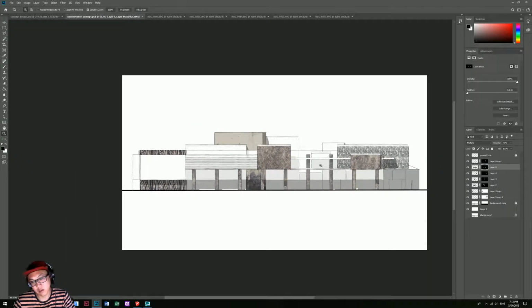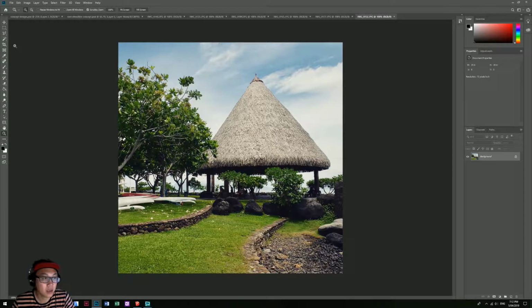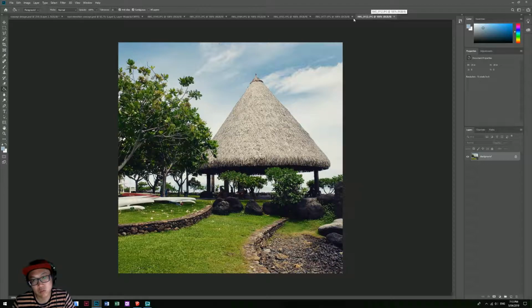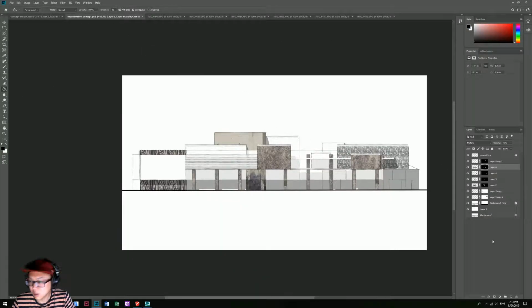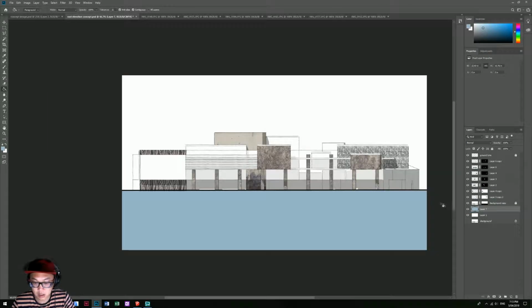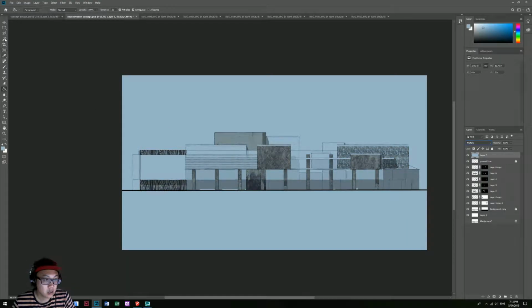I think I need to put like a blue background just to give it a tint. Maybe take that. I'm gonna take that blue here, or maybe I can just, yeah, I'll just take that blue, make an image and paste the blue, put it at the back, and maybe I can put it at the front, multiply, do this,